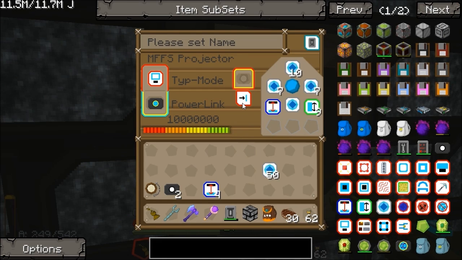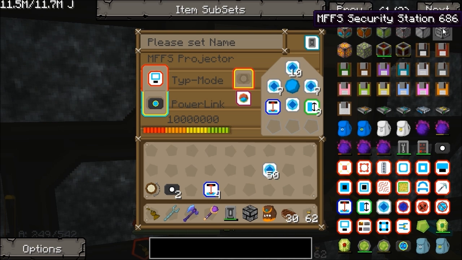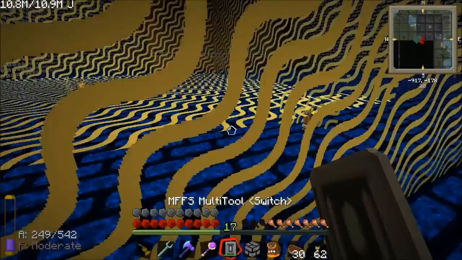Got 3 settings. It's got that one, nothing can pass. That one, anything can pass. Then that one, which is based on a security station setting, which is that thing, which we don't have. So what I'm going to do is set it to that one. Now let's turn it back on. And now,